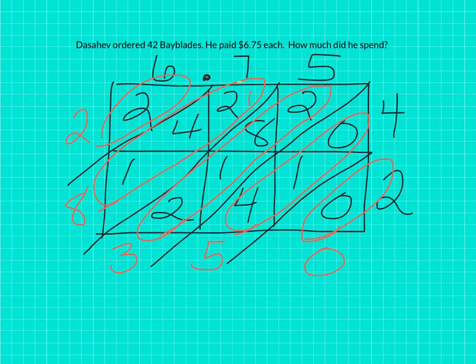So I have 2 numbers behind the decimal, so I need 2 numbers behind the decimal in my answer. So this one is a lucky decimal. It's just going to slide down the slide all the way down to here, and here's my 2 numbers behind the decimal. So the answer is